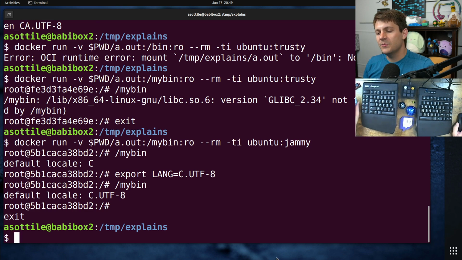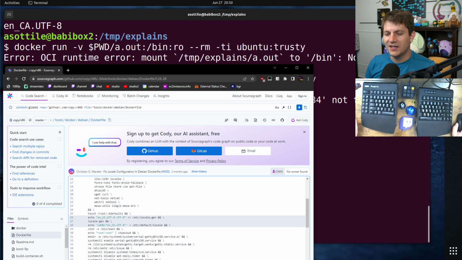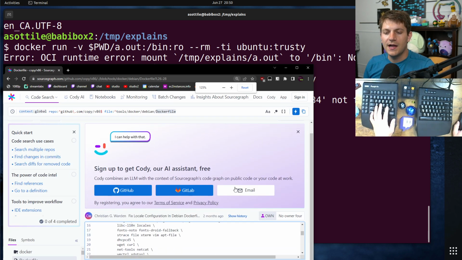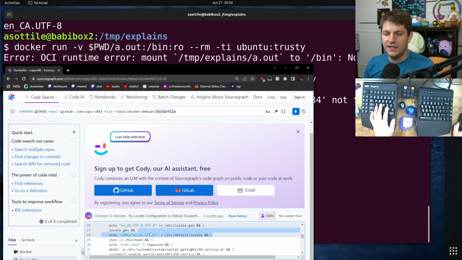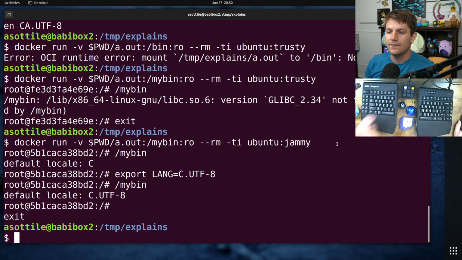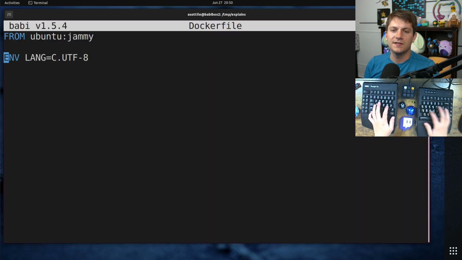Okay, cool. I also mentioned that there are some wrong ways to solve this, and I do not want to pick on this particular Dockerfile in general. I just happened to search on SourceGraph for Dockerfiles containing locale-gen, since they're all pretty much doing it wrong. This is a pretty easy thing that you can check yourself. You'll notice here that they are specifically sending this UTF-8 thing into /etc/locale.gen, then executing locale-gen, and then putting this into the default locale. And if we take our Dockerfile here and instead do that,